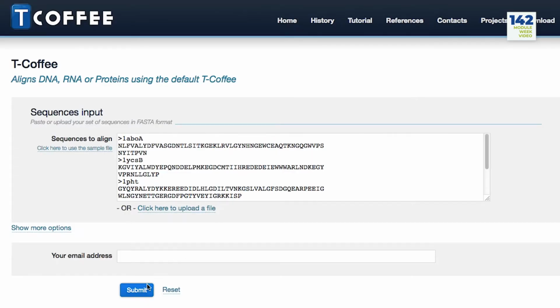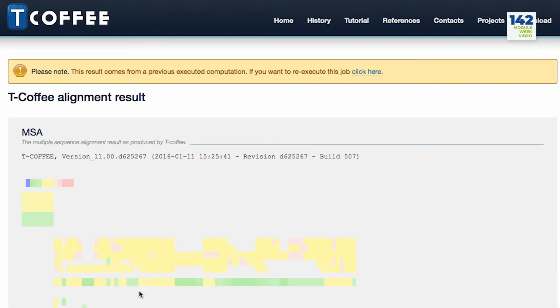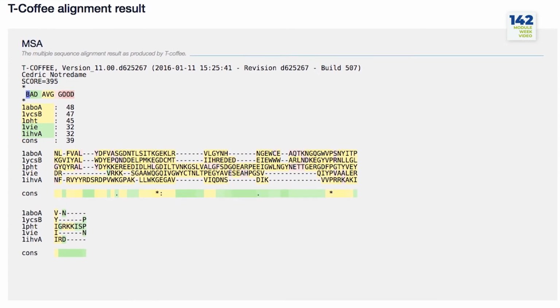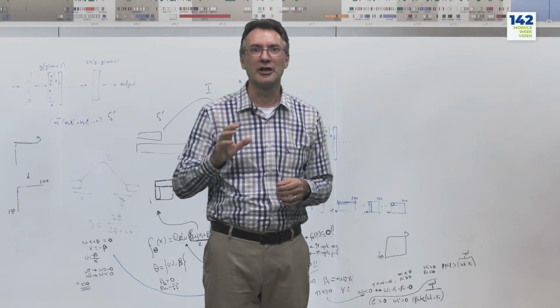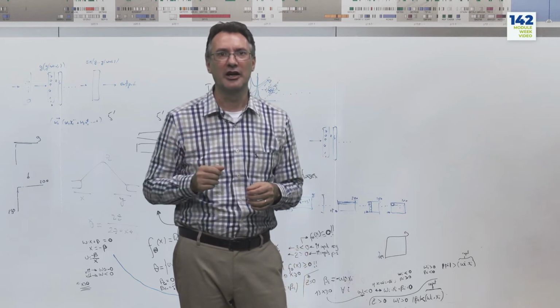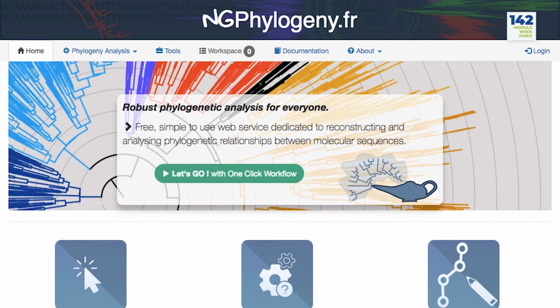Here, you can see, for instance, the T-Coffee server where such computation takes place. In a similar fashion, most phylogenetic methods are available online, as shown here with the very popular site ngsphylogeny.fr. Because they indicate the expected level of conservation of every position on a protein family, multiple sequence alignments are